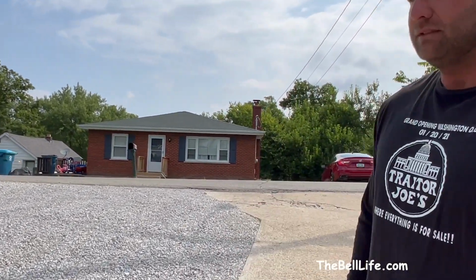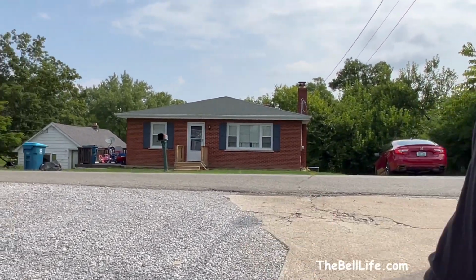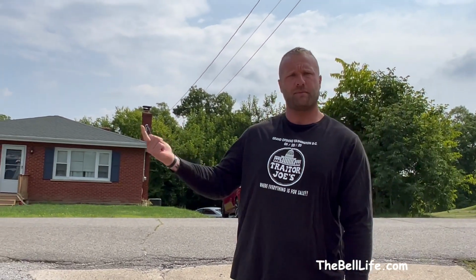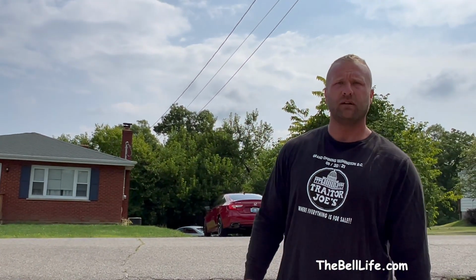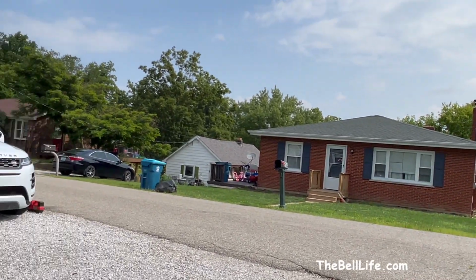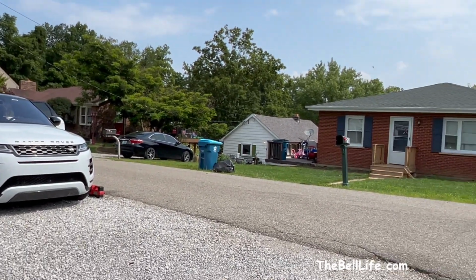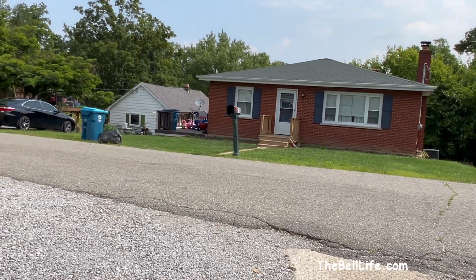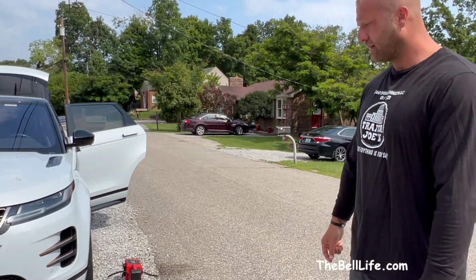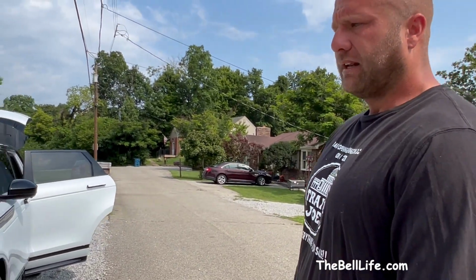But the main reason is obviously the front two tires, but the water leak, and then what was the other thing? The suspension. Yeah, the suspension fault. Right. And other than that, we just wanted to bring you all along for it because they're actually sending a rollback. They're sending a rollback, and they're going to come and pick it up. So they're already doing right by us. They're sending a rollback to pick it up, and obviously you can just throw the spare on it,